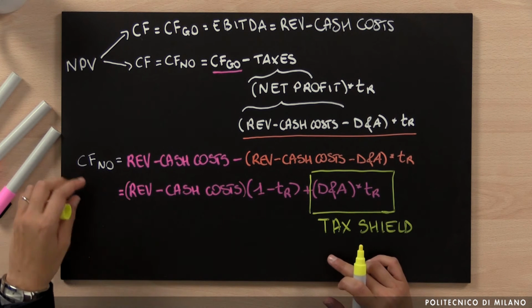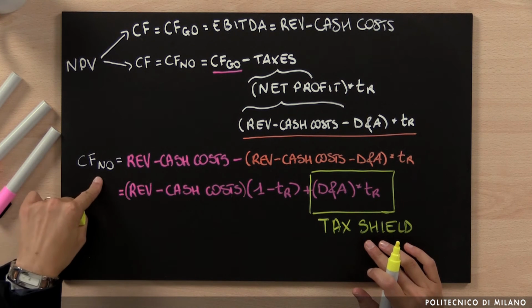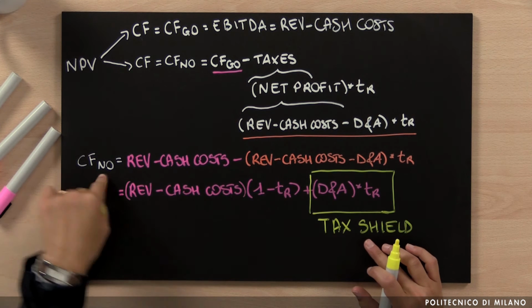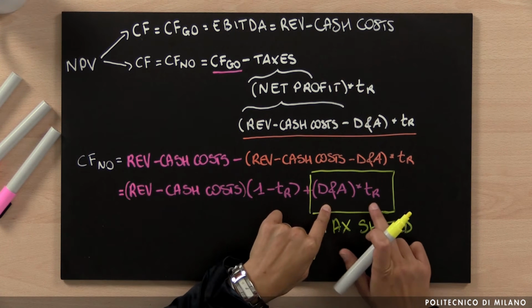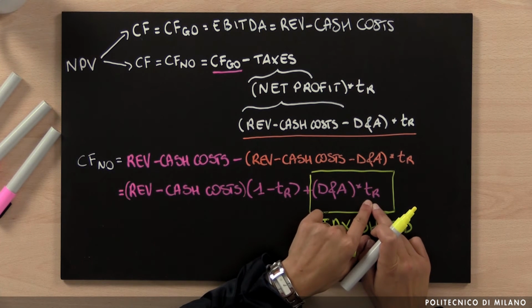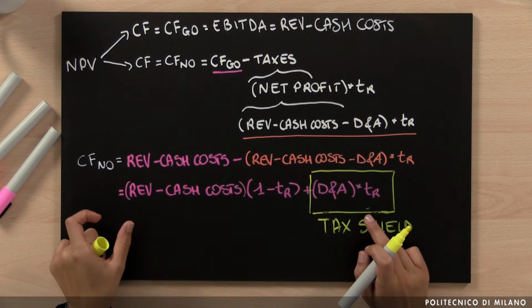So basically, if we calculate the cash flow net operating, because of the depreciation and amortization and because of the effect of this tax rate, we will always have a higher value of the cash. This is important because if we need to evaluate the investment, we will obtain a higher cash at the moment in which we adopt this second approach.